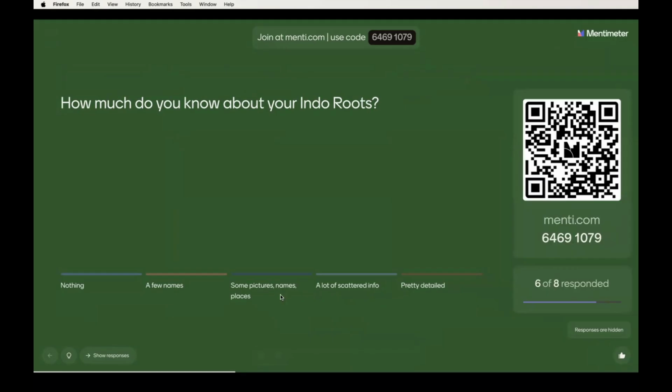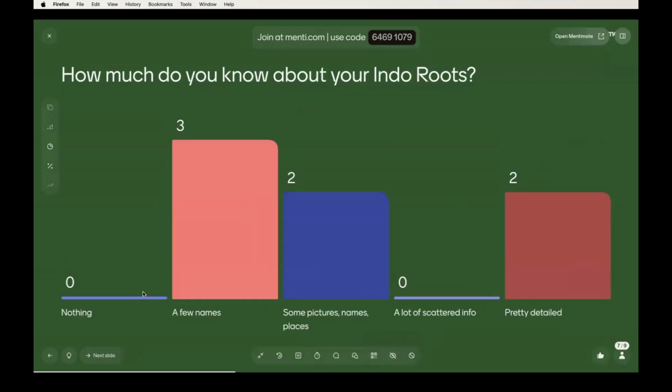Okay, so let's see the results. Nobody knows nothing. That's good, because you know yourself, and if you have Indo roots, you know yourself. So it was also a bit of a trick question. Few names, okay, there's a few of them. If you know some pictures, a lot of scattered info, and two of you have a pretty detailed knowledge about your Indo roots.